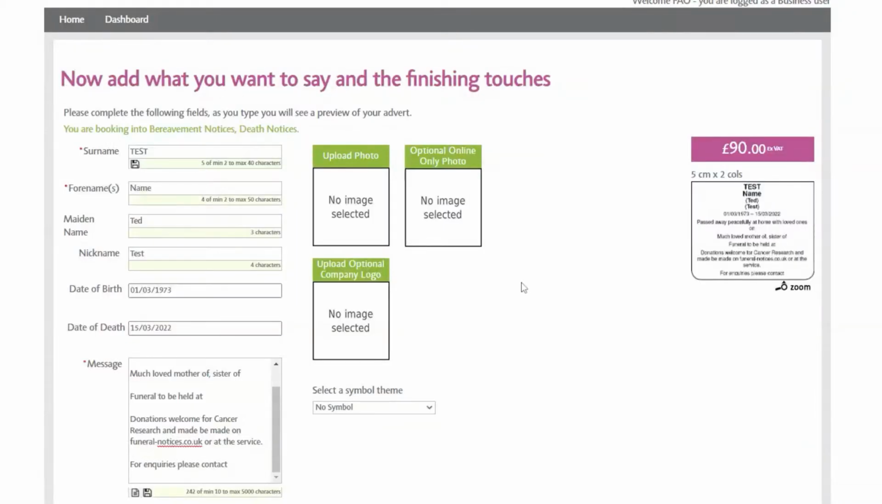How to complete the information needed to create a newspaper notice. It's worth noting here, the boxes with a red asterisk by them are compulsory fields. The rest are all optional. So to begin with, complete the surname,